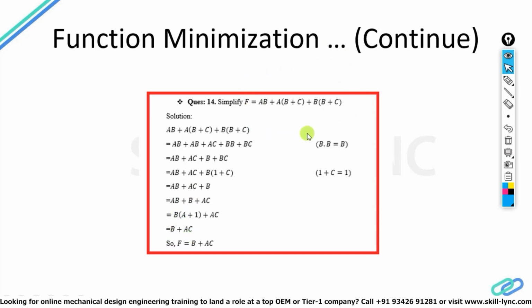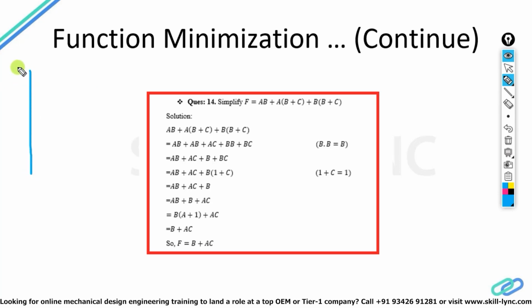Here you will see you are taking many logic gates, but in the answer you are just having B plus AC, meaning only 3 terms are there: A, B, C, a simple wire B, then A and C in an AND gate, then an OR gate. If the question is to just simplify it and reduce it and draw it using logic gates, now you can draw it as,